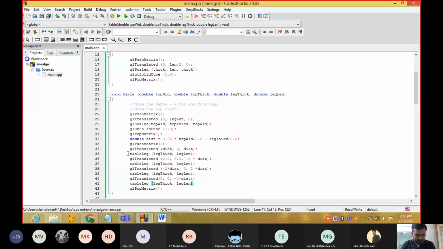We need 4 legs. Here we need 4 table legs. We are calling that one.